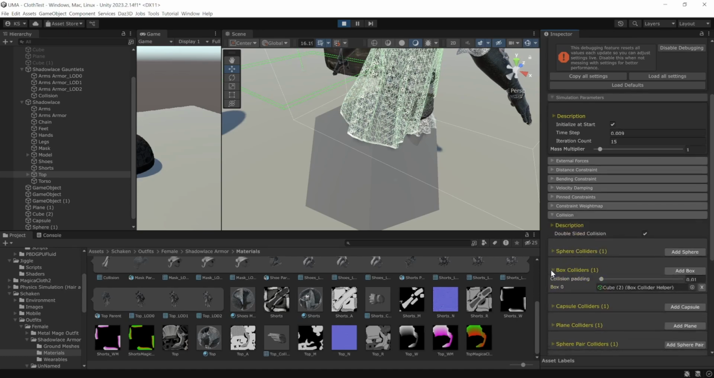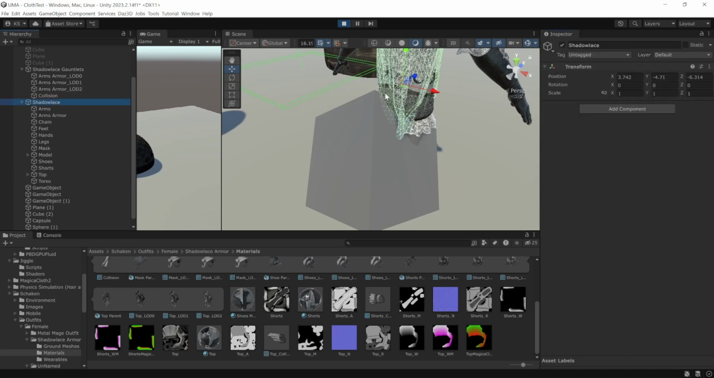Box colliders, collision padding. The higher your collision padding is, you'll notice it bouncing. See that? It's pulling in one direction, this is pulling another, and now on this third side, it's pulling in a completely different direction. So the higher we get this, you'll notice it bouncing like that. But turn it down and it doesn't do it nearly as bad. And if it does happen,